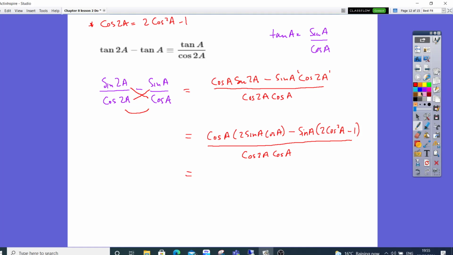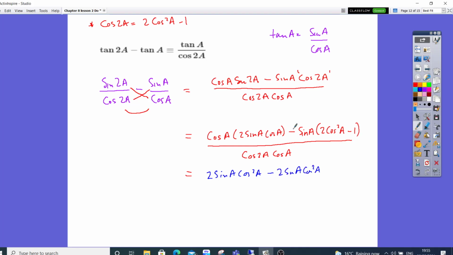What I get is that times that, so I'm going to get 2 sine a, and cos times cos is cos squared a. And here, when I times that, I've got a 2 there, and a sine a and a cos squared a, so I'm going to get 2 sine a cos squared a,